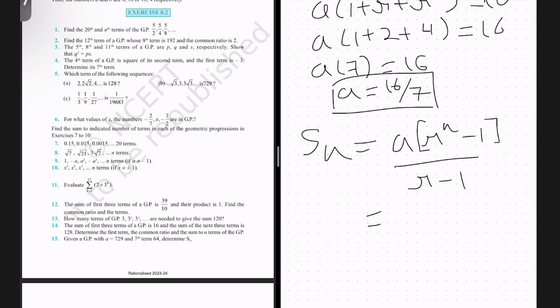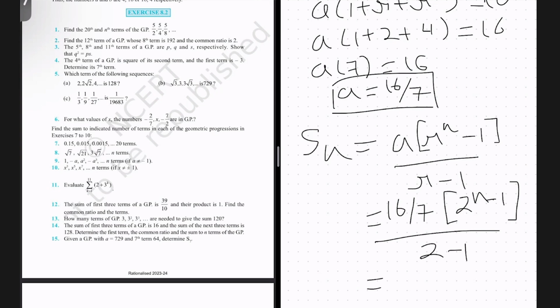Substituting the values of A and R here, you have 16 by 7. In the brackets, you have 2 raised to the power n minus 1. And in the denominator, what you then have is 2 minus 1, and that is nothing but 1 itself. So the final answer is 16 upon 7 times (2 raised to the power n minus 1). That is going to be your Sn for this